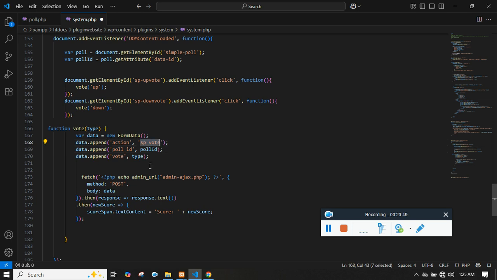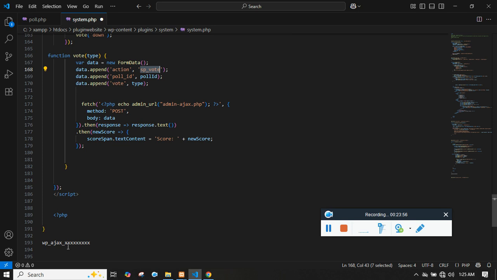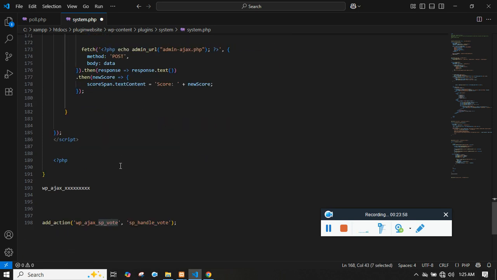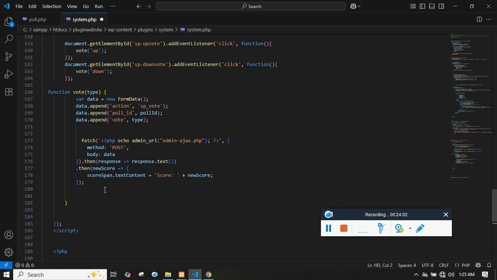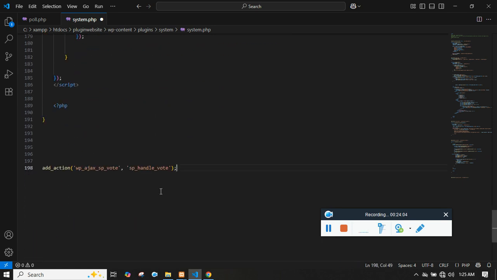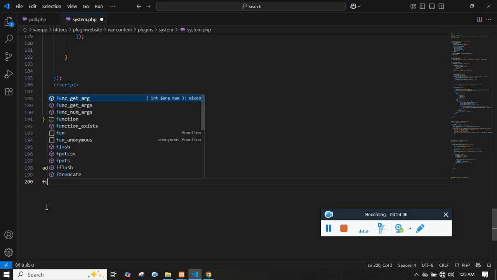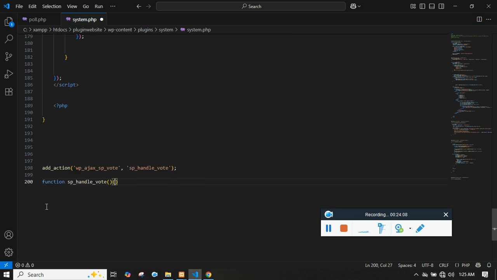As I said, the action name is required to identify which URL, which function will handle this logic. So the function with the name wp-ajax-this action value, which is this one, will handle the logic for this particular request. So now we need to define that. So what should happen? We need to write a logic